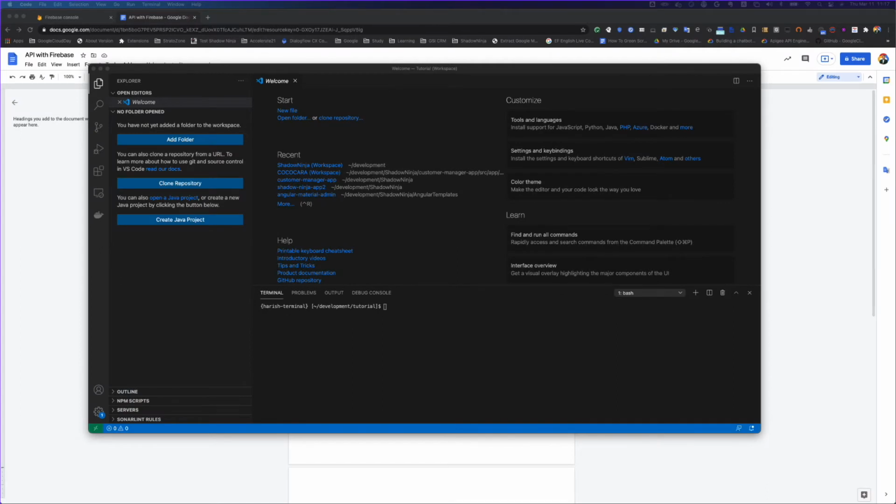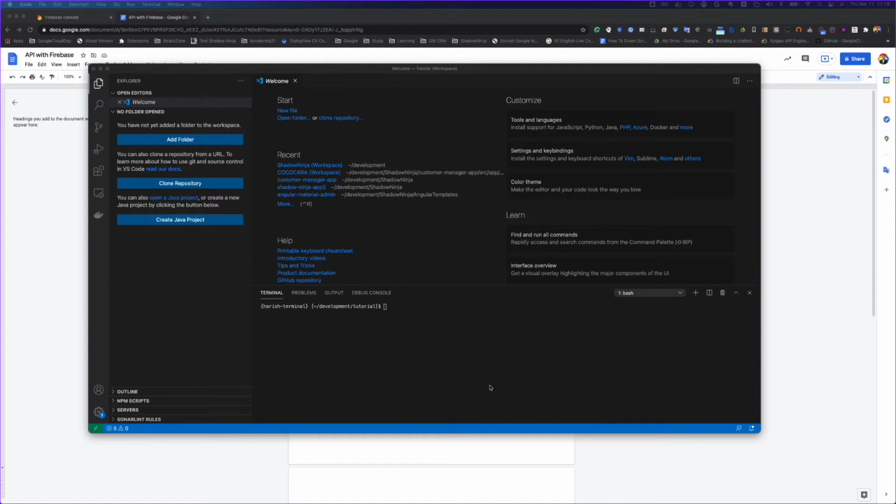Hello everyone, my name is Harish and today we are going to make a REST API with Firebase, and we will see from start to end how to make a REST API using Firebase functions. So I will be doing everything from start to end, like setup of project and creating project in Firebase, developing it using VS Code.